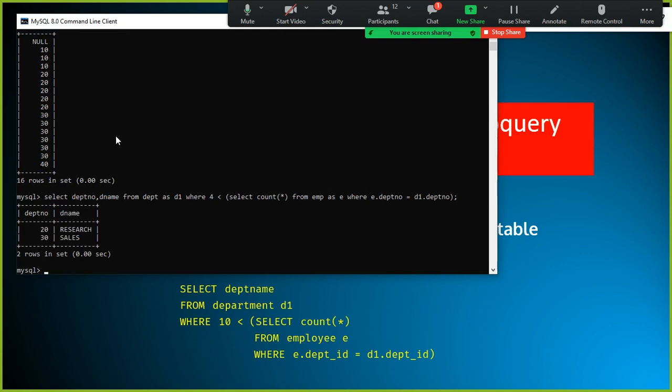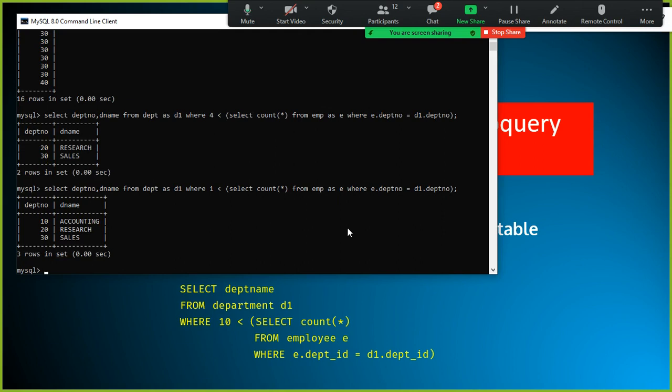Here I wanted to find out the number of employees. Each department has 4 records. If I give 1, what is happening here?